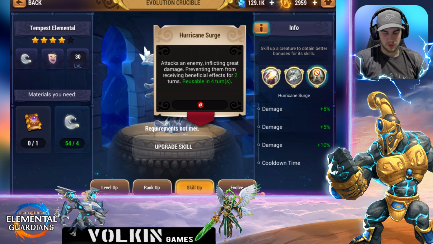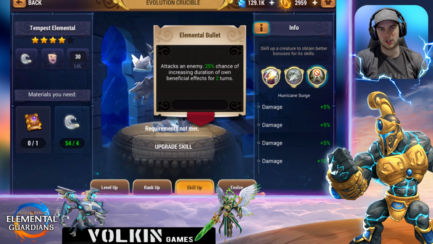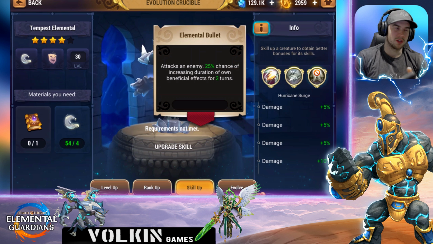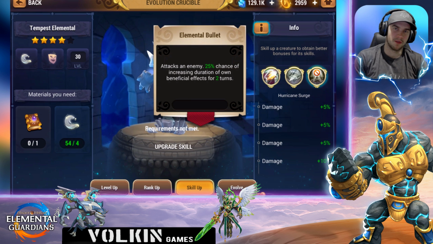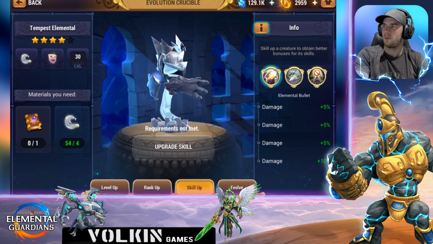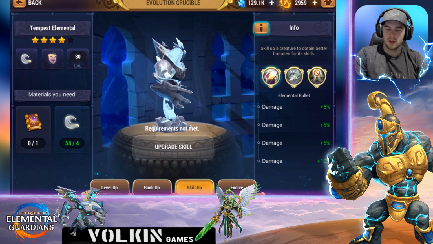So I was really excited about building this guy. The other awesome thing about him was that when he attacks an enemy, he has a chance of increasing the duration of his own beneficial effects, which then also affects regenerate heals, obviously the defense buffs and stuff like that, which would have been awesome. But his one big downfall was his base stats. So his base stats